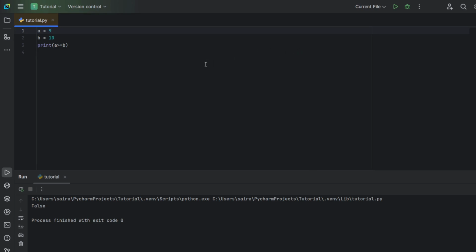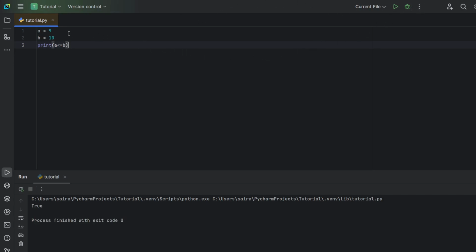The next operator is less than or equal to. So the less than or equal to operator looks like this. The less than symbol and the equal to sign. So let's plug it into our program and close it.